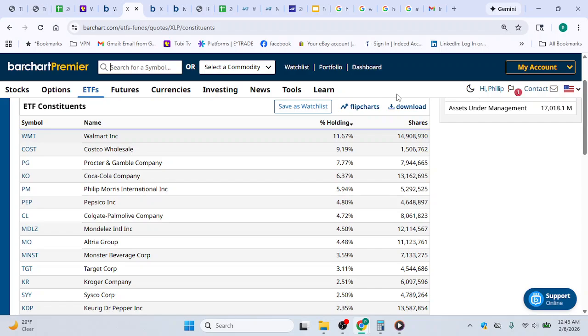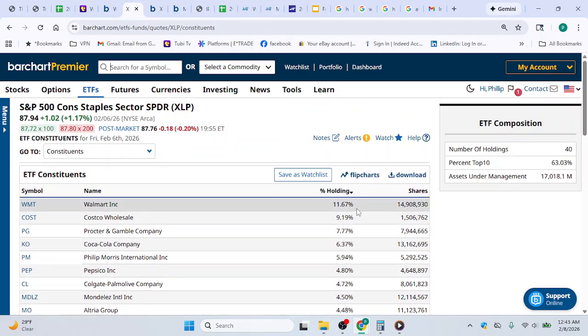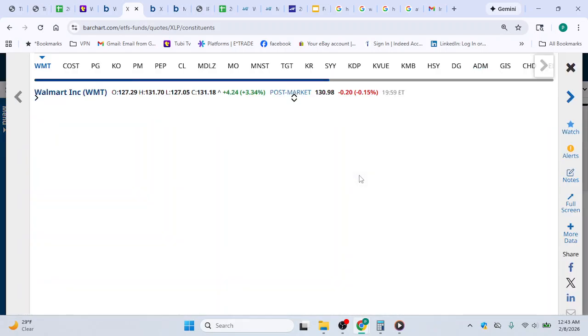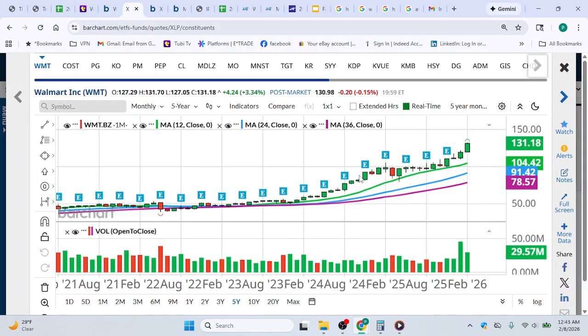A very established industry. But another thing we could do is either save this as a watch list, or we can just go to some charts right from here to look for some opportunities based on the charts. So remember the overall context of the market. The SPY is kind of sideways. The NASDAQ is down a little bit. And yet consumer staples and a few other areas are up here in 2026 and over the last 3 months.